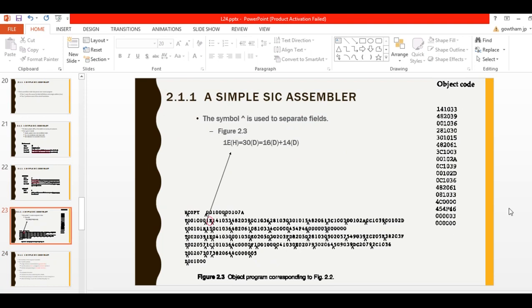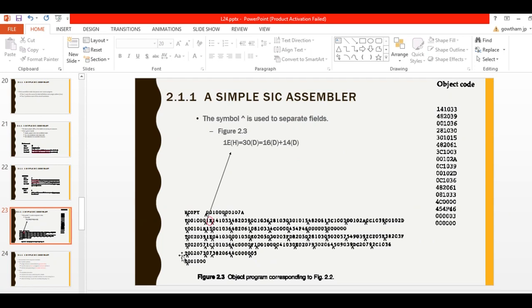Till here, now this is a main subroutine. You can't continue; for each subroutine you have to write a separate text record, so it stops here. Counting the columns used, 2 columns mean 1 byte, so the length will be 15. Like this. The next one is for RDREC.